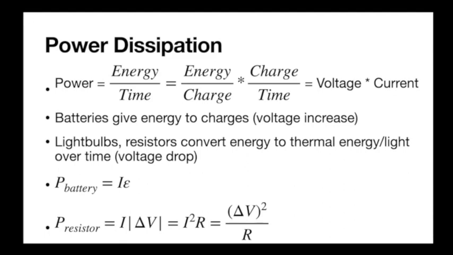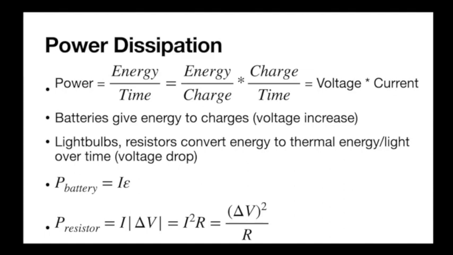I could very easily have gone and said, okay, well, let me go to the board real quick. I have my loop rule. 0 equals epsilon minus IR, right? This is just the voltage of the battery minus the voltage drop across the light bulb. If I double epsilon, so if I plug in 2 epsilon, and I solve for my current, then I'm going to find that my current also has to double to